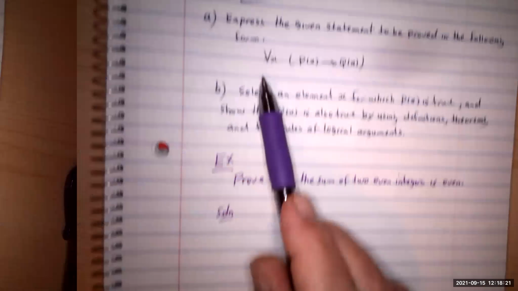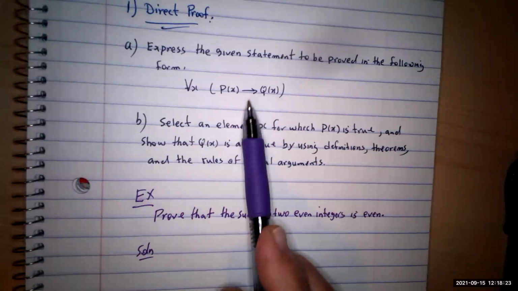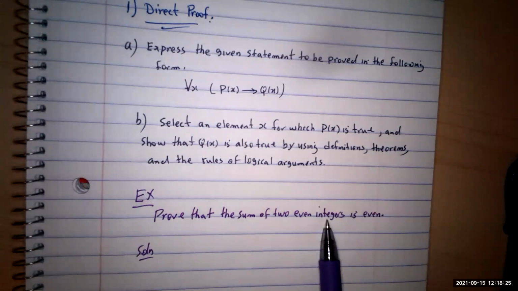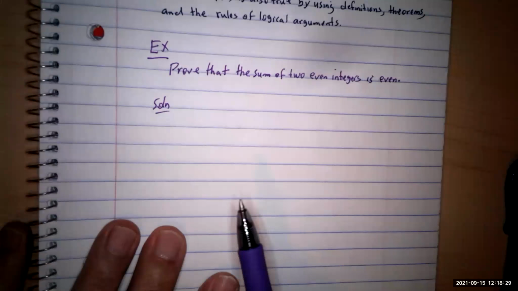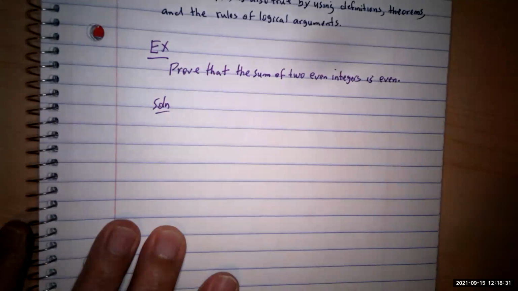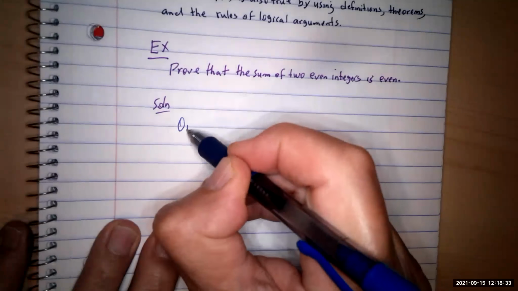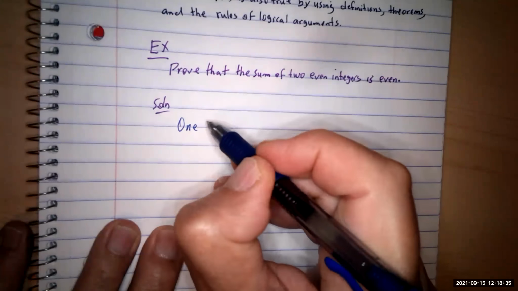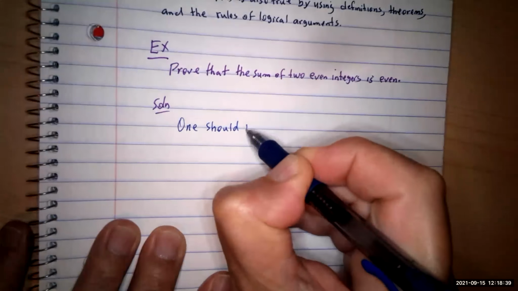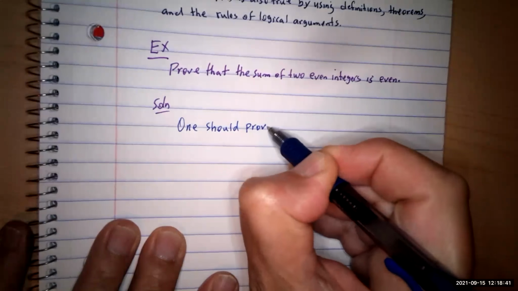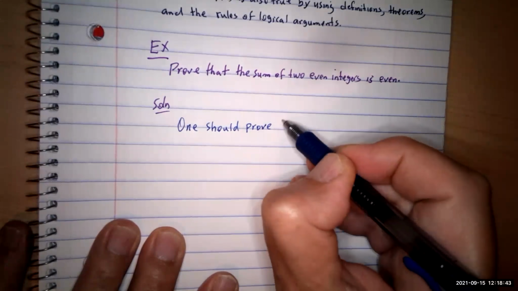Remember, you start by picking two even integers. So that's it. I'm going to tell you what you have to prove. You can say that these are for your information. One should prove, or you or I should prove. You change it to the symbolic form first. One should prove that